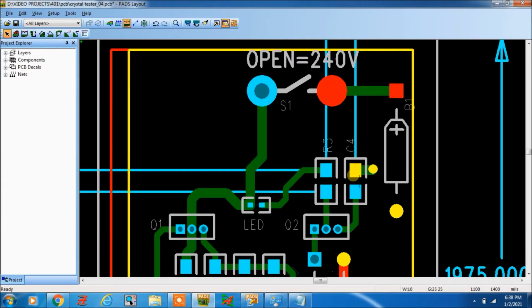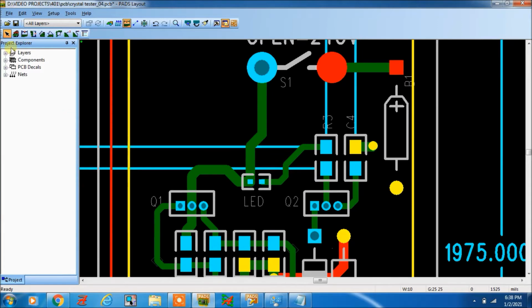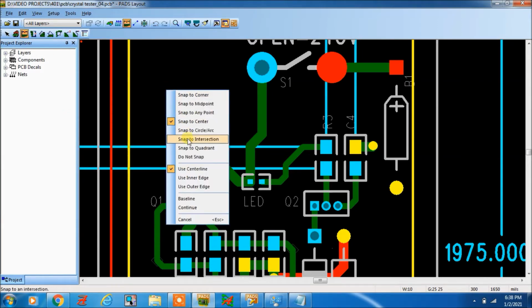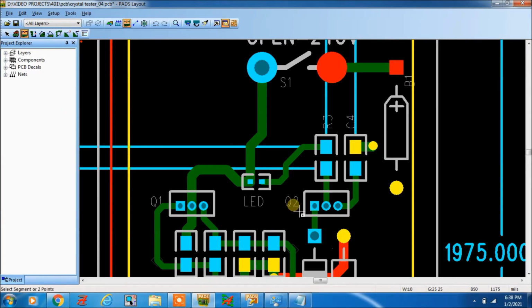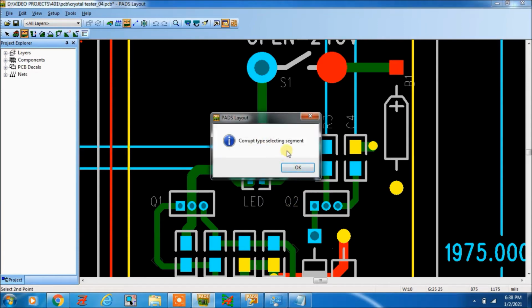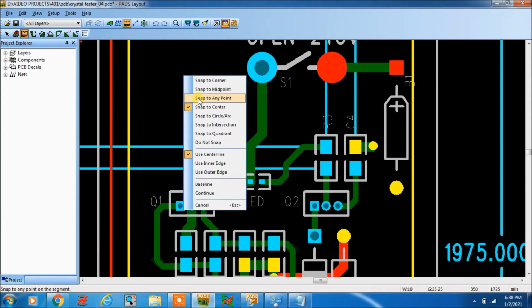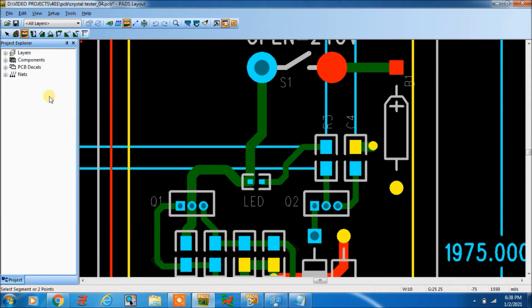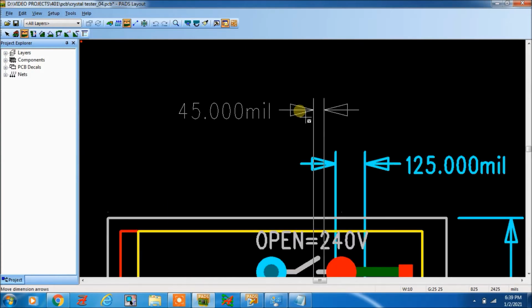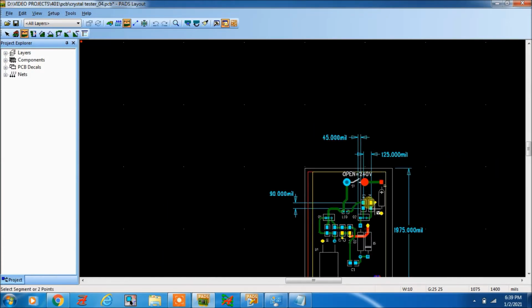Okay, so if you are making snap to center and you want to measure this, it won't come, corrupt type. So for this what you have to make is snap to any point. Now if you are making a dimension here, it will take it automatically.